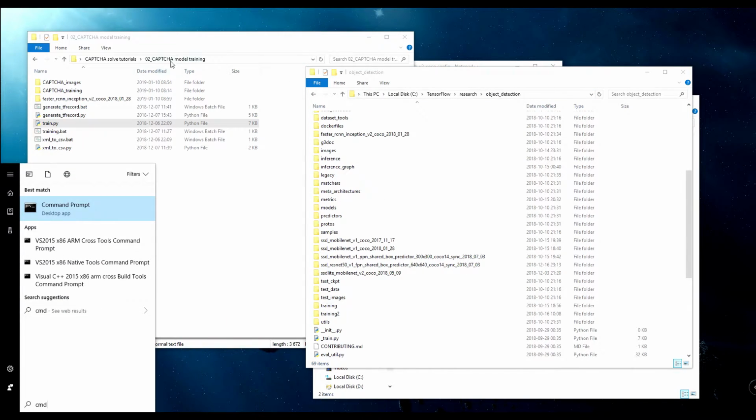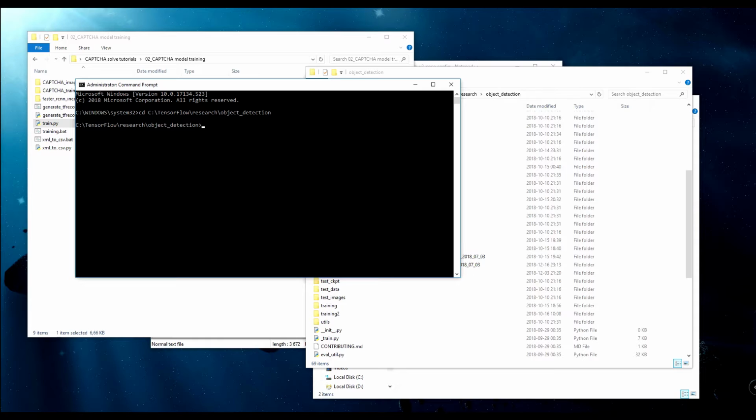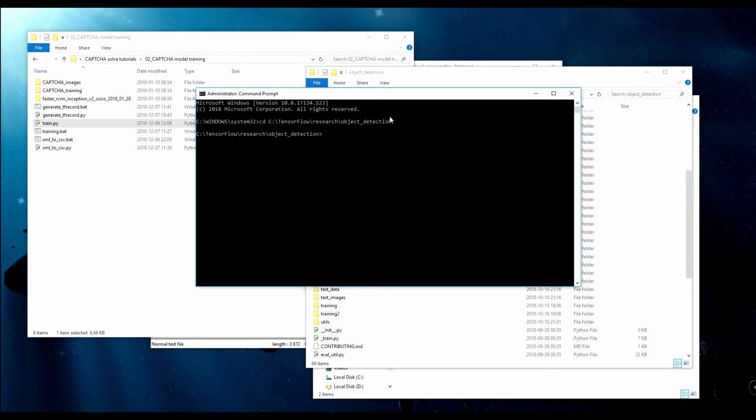I use cmd, command prompt as administrator, and I go to its directory, and now we need to write the training command. I'll upload this to my page, to my tutorial, so you don't need to remember that, but I will try. So I use the .py file, logtostderr, and train_dir equals to CAPTCHA training,